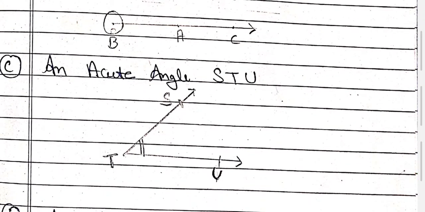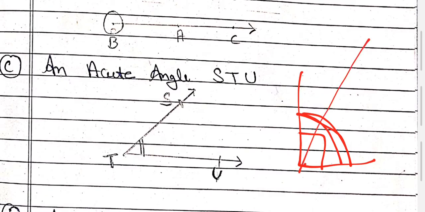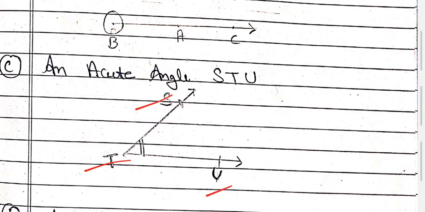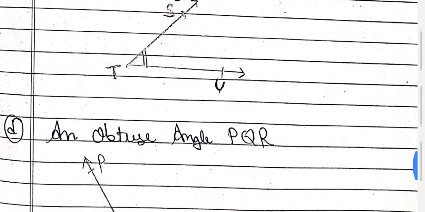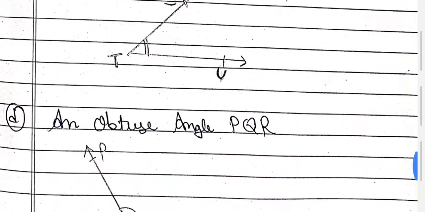Now acute angle is less than what? 90 but greater than 0. So all of you know this is known as right angle. So if you reduce that part, the gap is known as 90 degree. When you reduce this part, then it becomes what? Acute angle. So draw one angle STU such that it is less than 90. This is 90 and this gap is less than 90. So they are known as what? Acute angle. And you can draw the angle. And this question has many answers also.